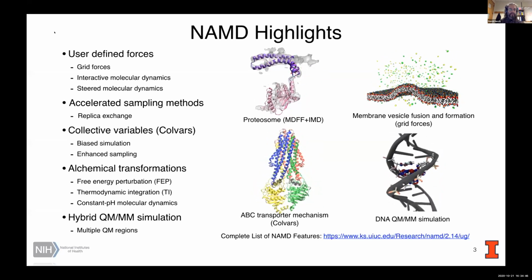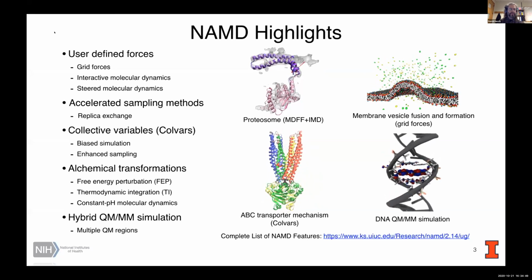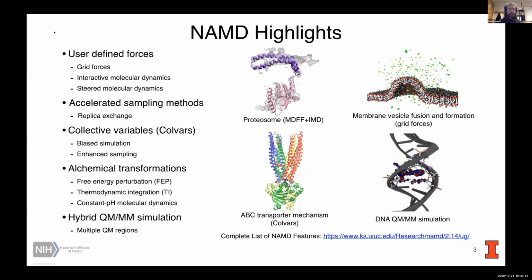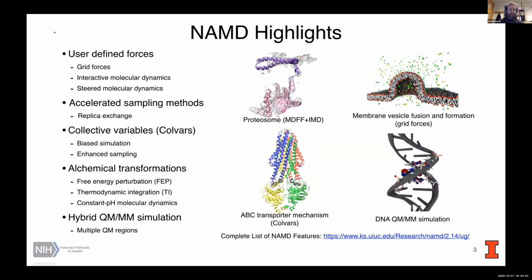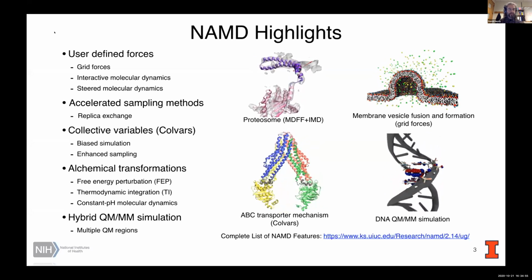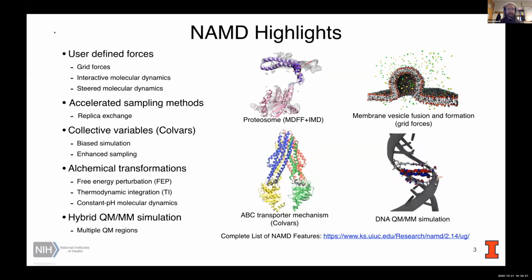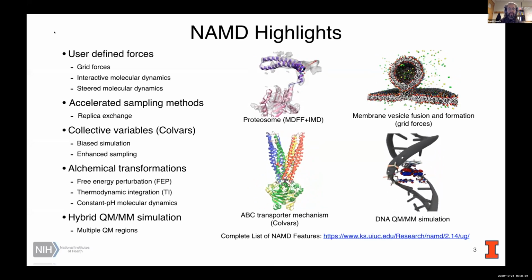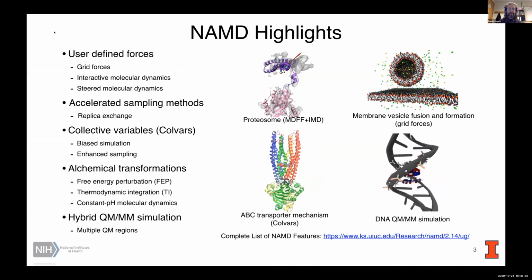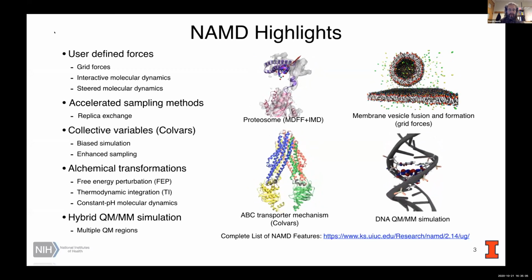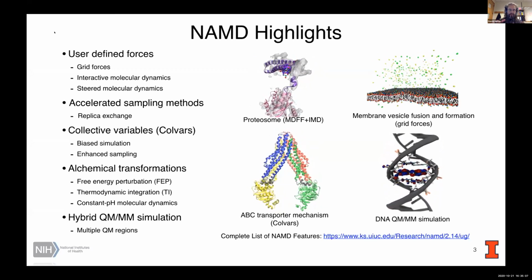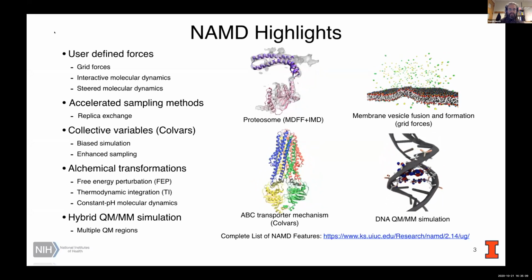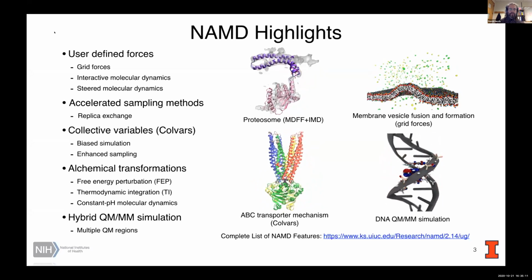It allows a lot of flexibility in how you could define collective variables that you could use to bias your simulation and enhance your sampling. So for instance, this ABC transporter mechanism, the collective variable had to do with defining sort of an angle and then forcing that,